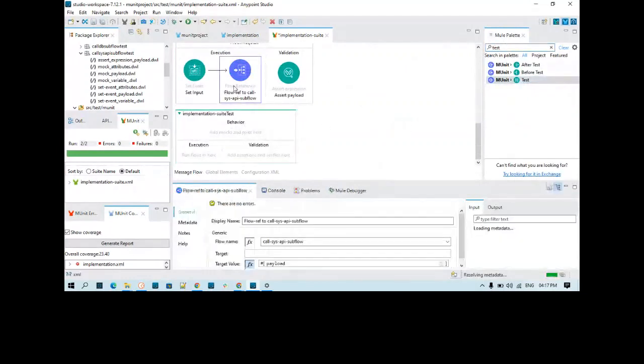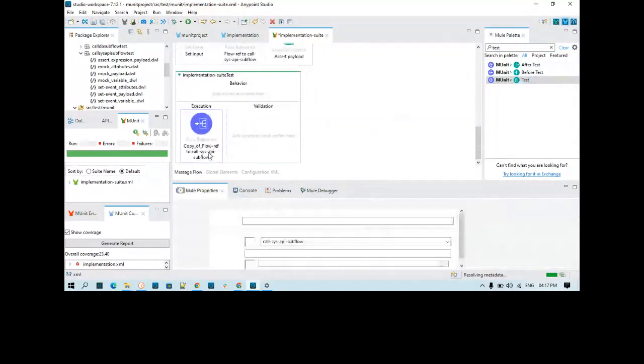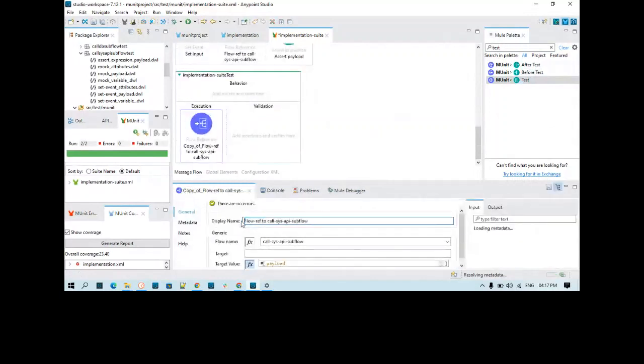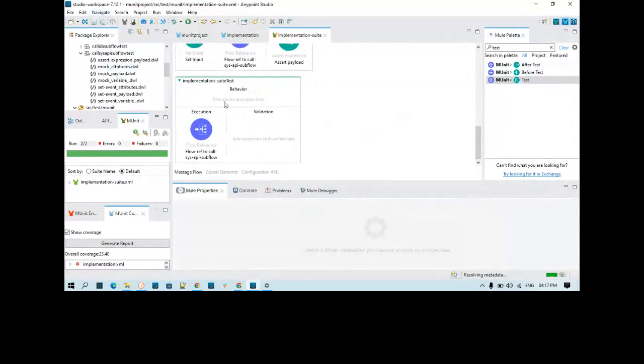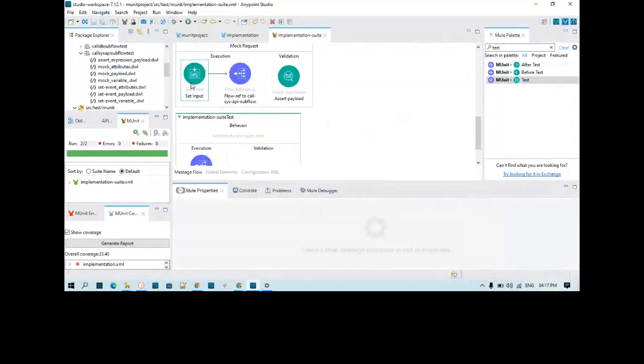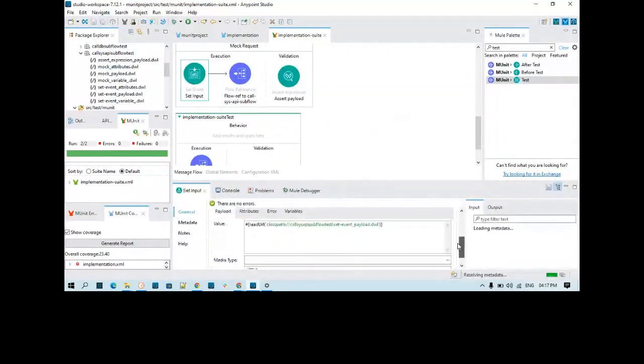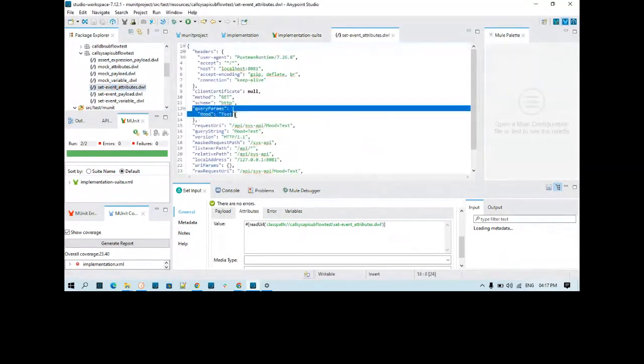Okay, flow reference, I can copy the same because I am using the same flow. Now what all things we have over here in this set event. In this I am passing an attribute. I'm passing a query parameter. If you'll see,